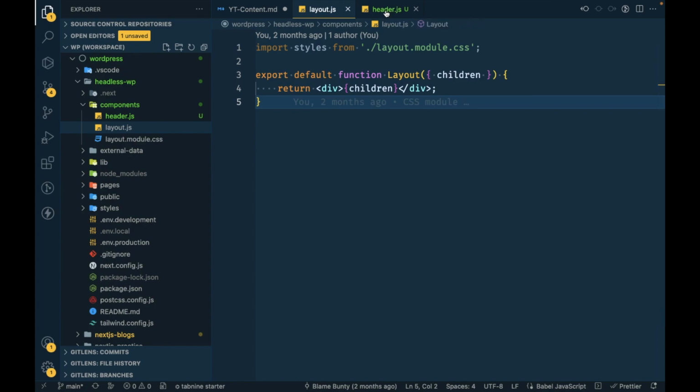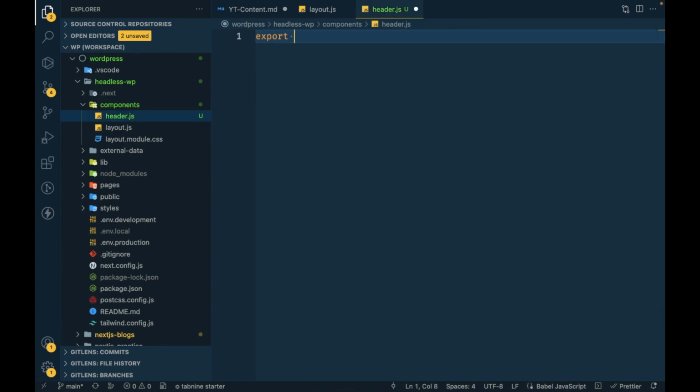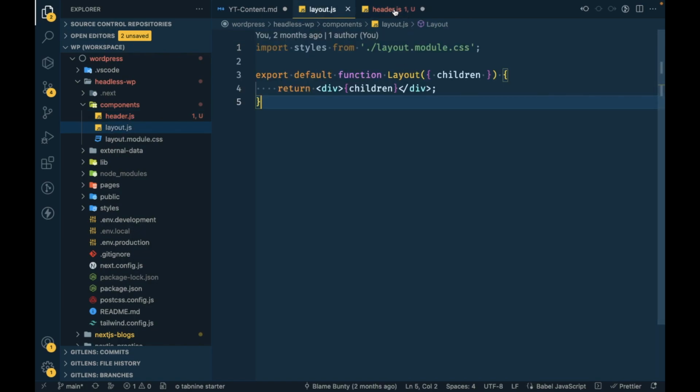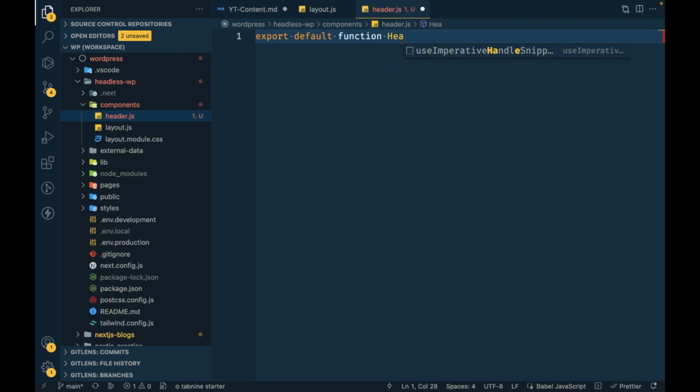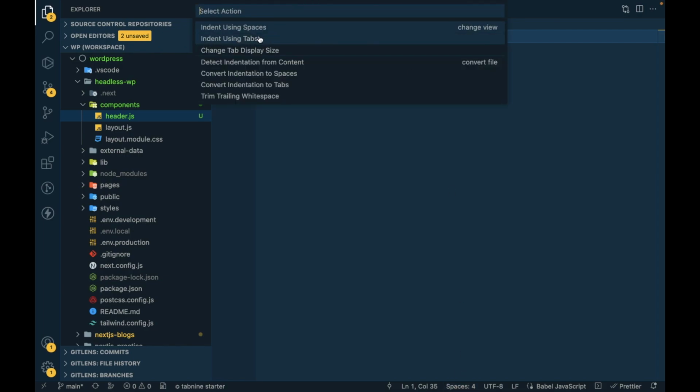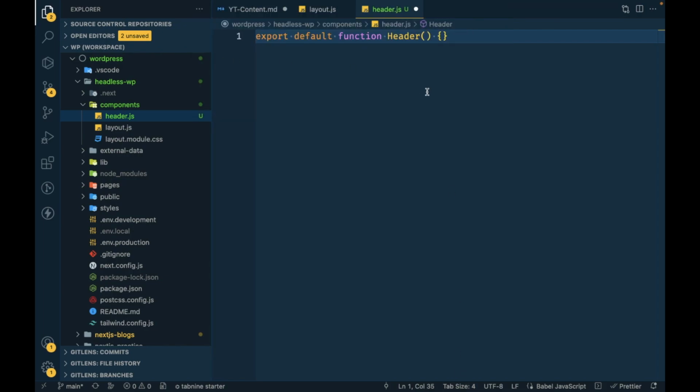First of all, let's export default function. We will call it Header. Sorry about this, guys. Okay, now we will add a header structure